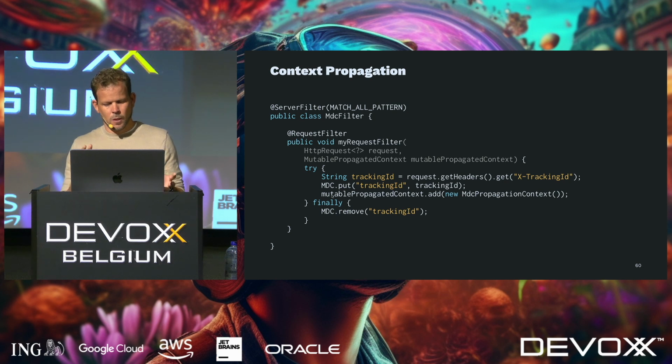So we've added an officially supported way of doing this and propagating the context,